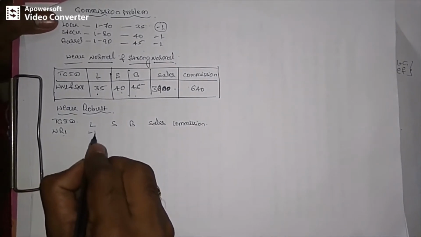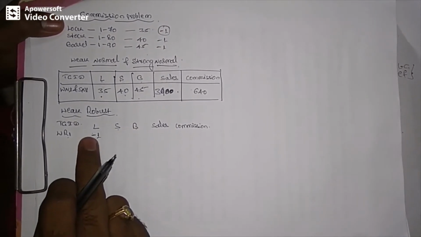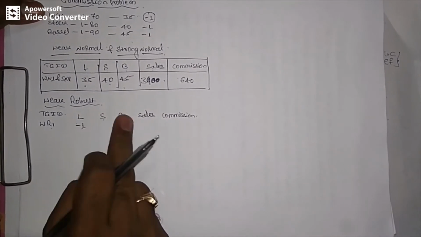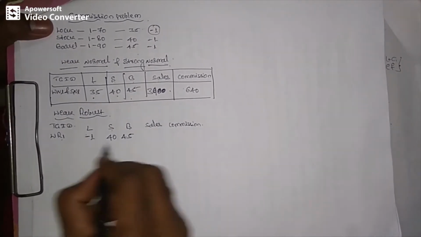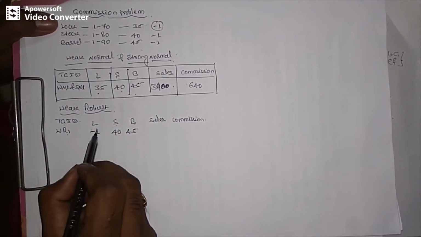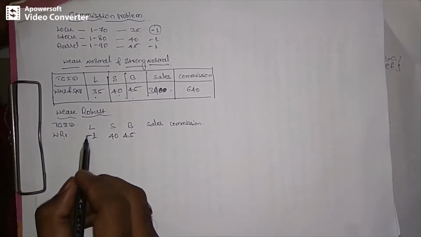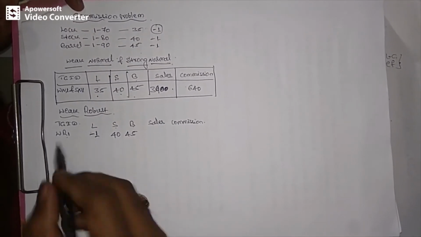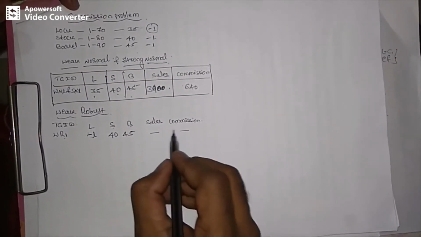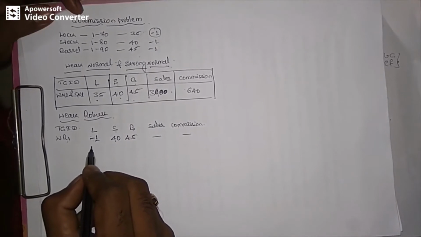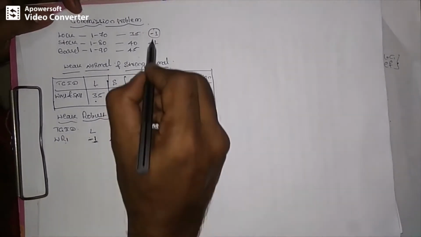So in the first test case, if I am specifying -1 for the lock, the stock and barrel values should be nominal. This is the single fault. Therefore one input should be invalid and the other inputs should be nominal, 40 and 45. Now when I specify -1, for the commission problem there is a condition: -1 indicates the termination of the program. Therefore there are no sales and commission values I am going to get, and automatically the program will terminate. So I can't say -1 is invalid. It is valid for that program, but here I am not considering -1.